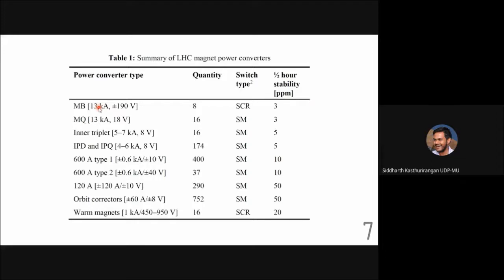Yeah, the other thing which I want to point out is that some of the magnets have got the power supply written with a plus or minus sign, and some of them don't have a plus or minus sign. Some of them have both voltage and current with a plus or minus sign. Okay, we'll be looking at this in the next slide and trying to understand what all of this means.